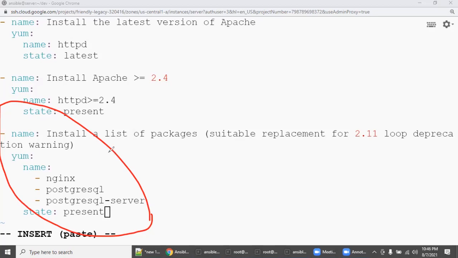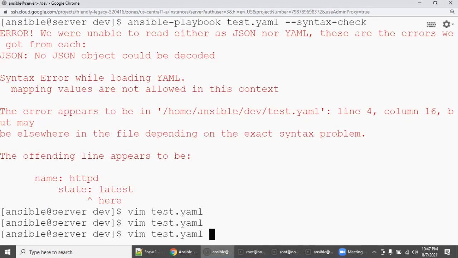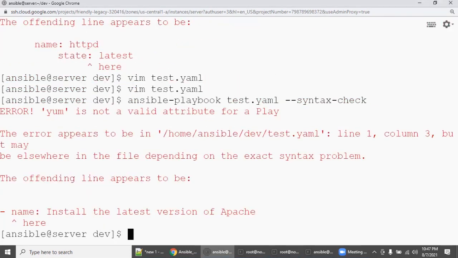Okay, so this is also one of the things you need to understand very clearly, because you are a beginner who is trying to explore. At that time your brain cannot think of many playbooks, right? But there are a huge number of playbooks available on the internet. You just want to understand and test them. So copy paste, but while doing copy paste, this is also one of the points you need to follow, right? So now if you save it and do a syntax check, it will be easy to fix it,